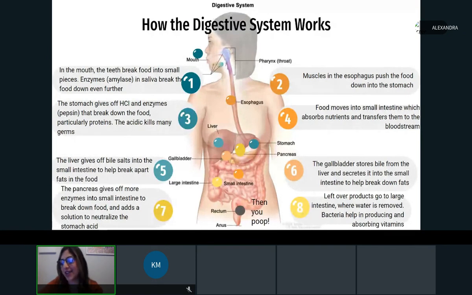And then the gallbladder is directly under the pancreas. Yes, I know. I also confuse myself all the time. So appreciate your patience. And then the last thing that happens is the leftover products go to the large intestine